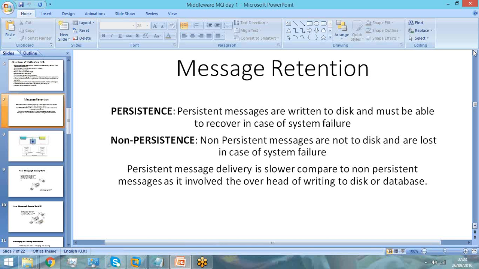Persistent messages are written to our disk, or stored in external storage. MQ software will be deployed on a server, running on a Windows, Linux, or AIX box, and that server will have storage, a file system, where all your data is stored. So those persistent messages will be written to your disk, so that in case of any failure to the system, when the system comes up, it will reach the file system,